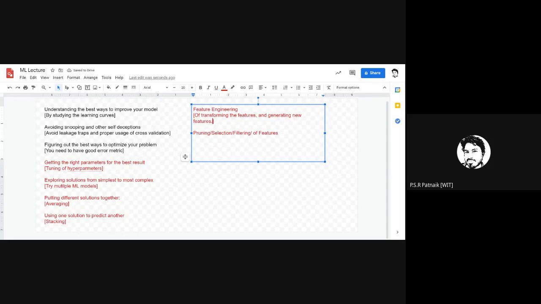So you just have feature 1, feature 2, that's it. For example, if I give you a data set of students, like student roll number and date of birth, what else can you generate more?